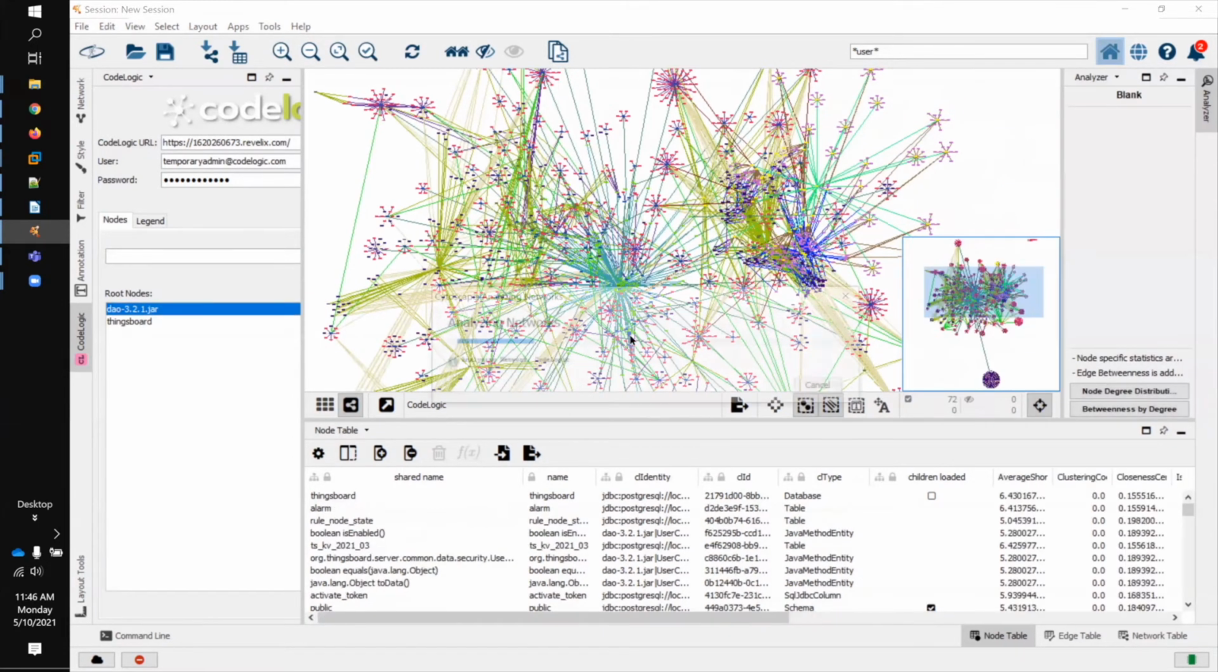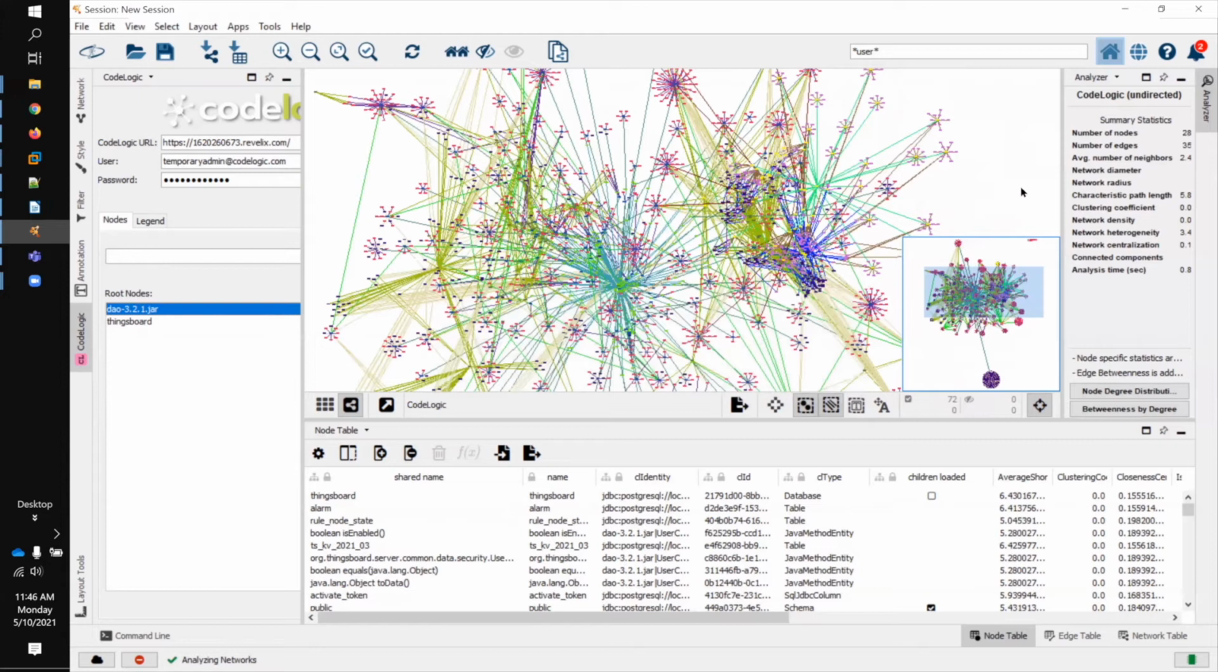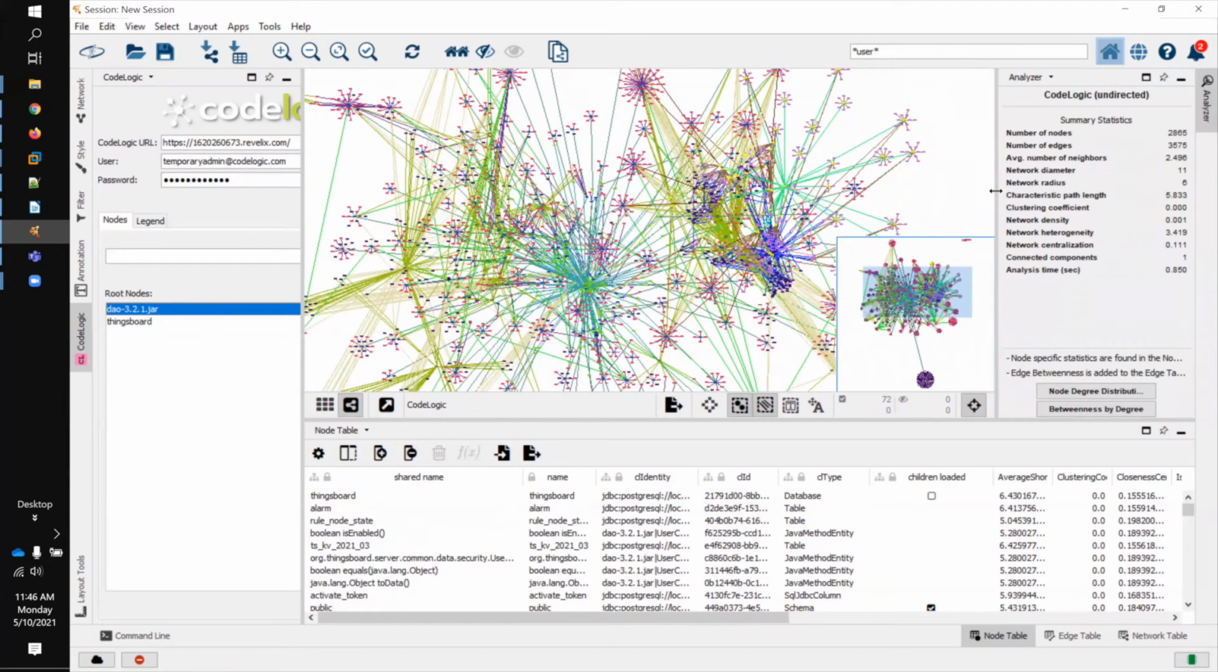Click OK. And the rich client will generate this network analysis that gives you the number of nodes, number of edges, a lot of other statistics that you may or may not find useful. So the primary use here is that it simply gives me a count of the number of nodes and edges,